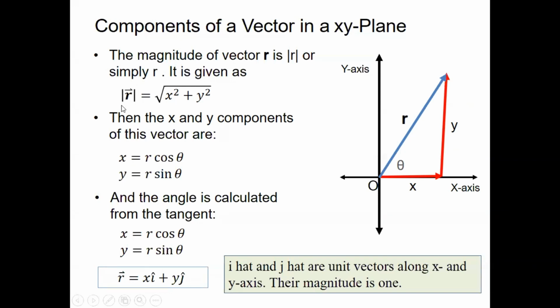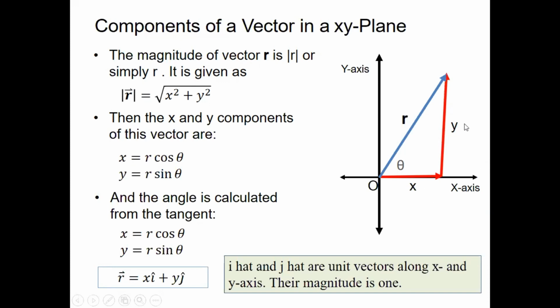Then if I draw these two mod-like lines, they show the absolute value, or the magnitude. So the magnitude of this vector is simply r. Sometimes the whole thing is not written, so we write just r without any boldness or vector notation. It is the square root of x squared plus y squared, which are the magnitudes of the x and y